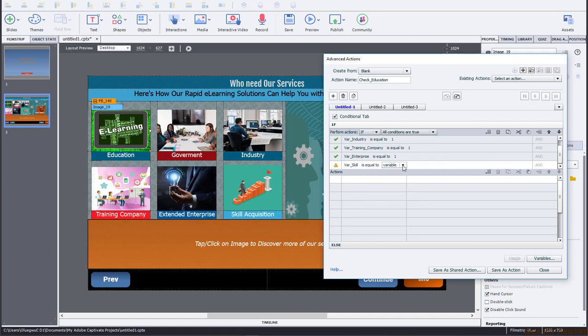If it is equal to literal value of 1. Now these are our conditions. If all these variables are equal to literal value of 1, our action is going to be show the button, next button. Okay, for the meantime, let me see the name I gave